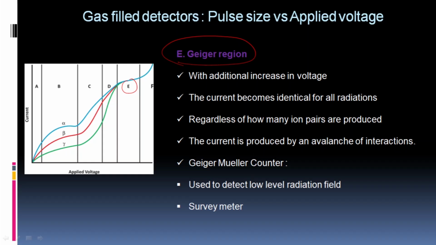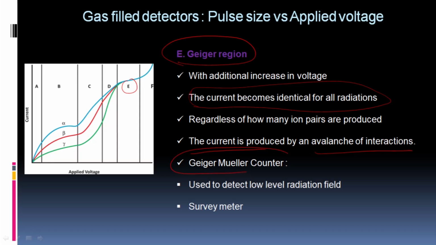So in this region also, if one ionization event happens, it will cascade and increase so much that we get a current signal, and this is the same for all types of radiations. This current is produced by the avalanche interactions, and in this part we devise the Geiger-Müller counters,